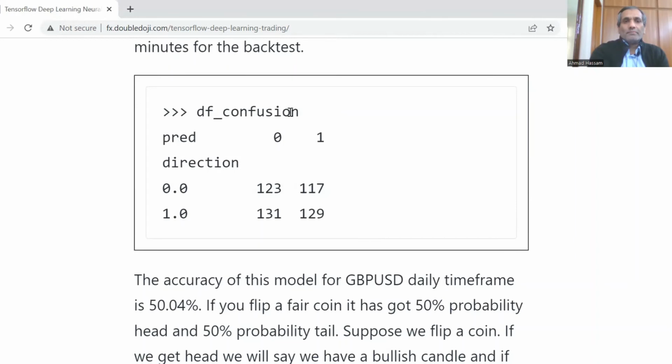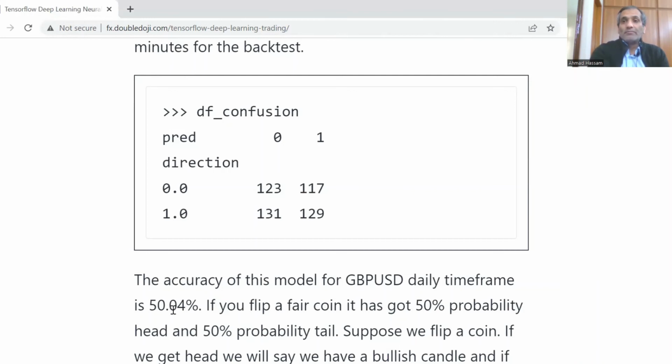This was the result. These are predicted, and this is the actual. It predicted 123 out of 500 in the down direction correctly, and 129 out of 500 in the up direction correctly. It predicted 117 down candles as up candles, and predicted 131 up candles as down candles, and accuracy was 50.4.